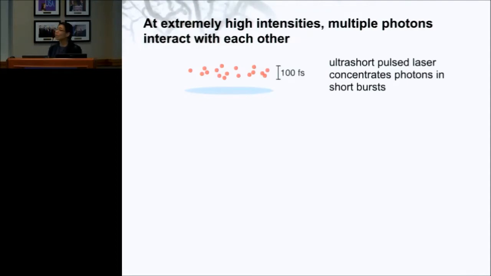So the key technology here is what's called an ultrashort pulse laser, or sometimes a femtosecond laser. What it does is take all the light and package it into very short bursts of time. Here we're talking 100 femtoseconds, which is 10 to the minus 13 seconds, which is extremely short, sort of the ratio between a day and the age of the universe. So these lasers